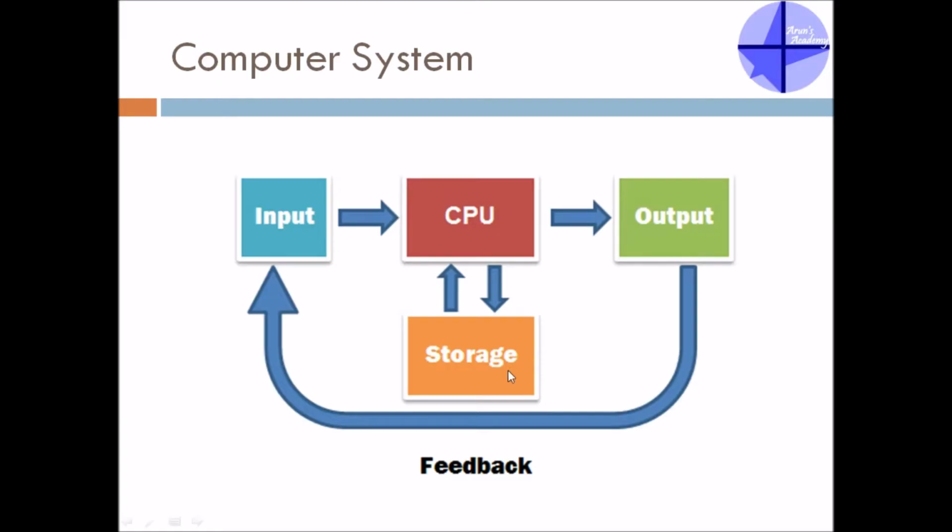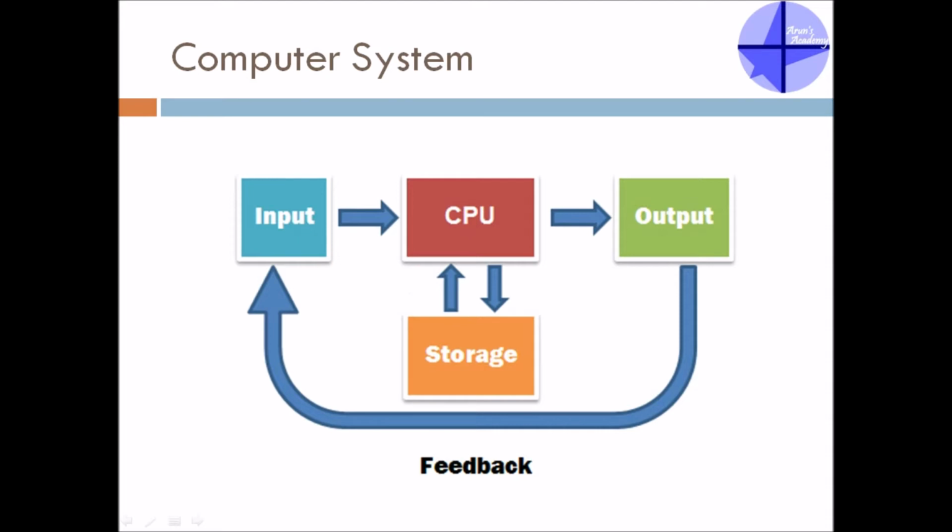Now this is a basic diagram or a block diagram of a computer system. So it will also have input. The processing in the computer goes on in something called a CPU. The full form is Central Processing Unit. The input is converted into an output, and finally there is a feedback from output to input. And there is one more additional component, if you observe, which is called storage, which continuously talks with the central processing unit. So the input to the computer system or the CPU is given through something called input devices.